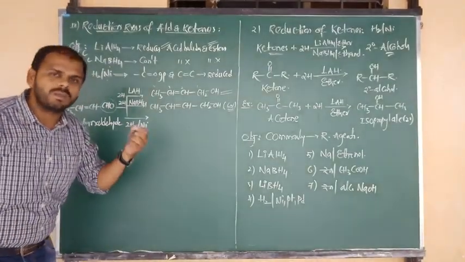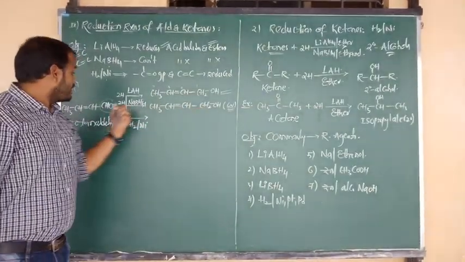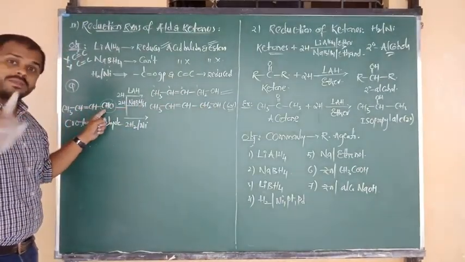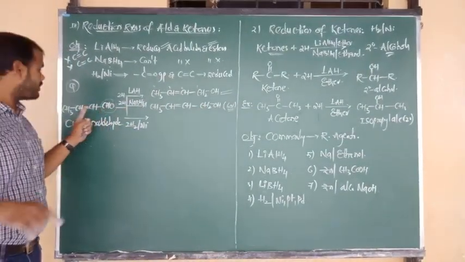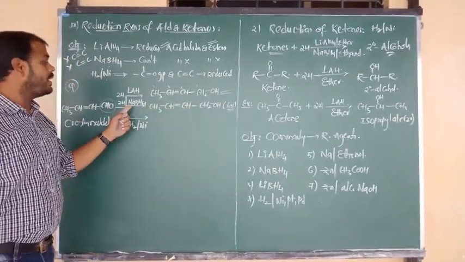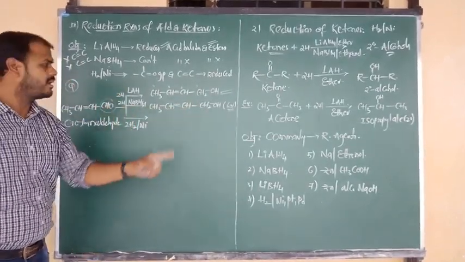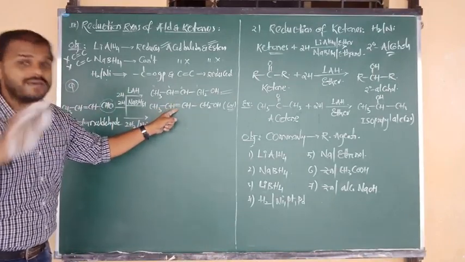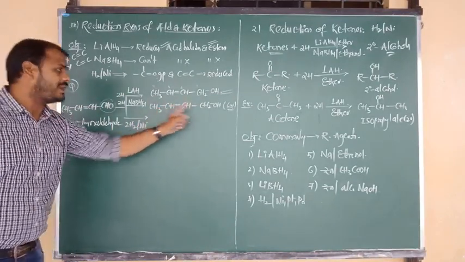40 means the double bond can be reduced, and CHO can also be reduced. Means the double bond becomes a single bond, and CHO becomes CH2OH. That product will be formed in the second case, but that is minor. But never reduce the double bond too much, beta, that is the major point.